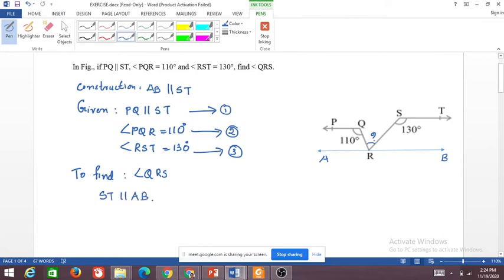So, a straight line which is between them will be parallel to each other. Any line between ST and AB will be parallel. Is that what you are saying? Yes, ma'am, any straight line. Is that true? So if I draw a straight line like this, will that be parallel? Yes, ma'am. Okay, then let me show you another. Okay, everyone is saying that will be parallel. If I draw a straight line between any two parallel lines, it will be parallel. Okay, let me show you that.